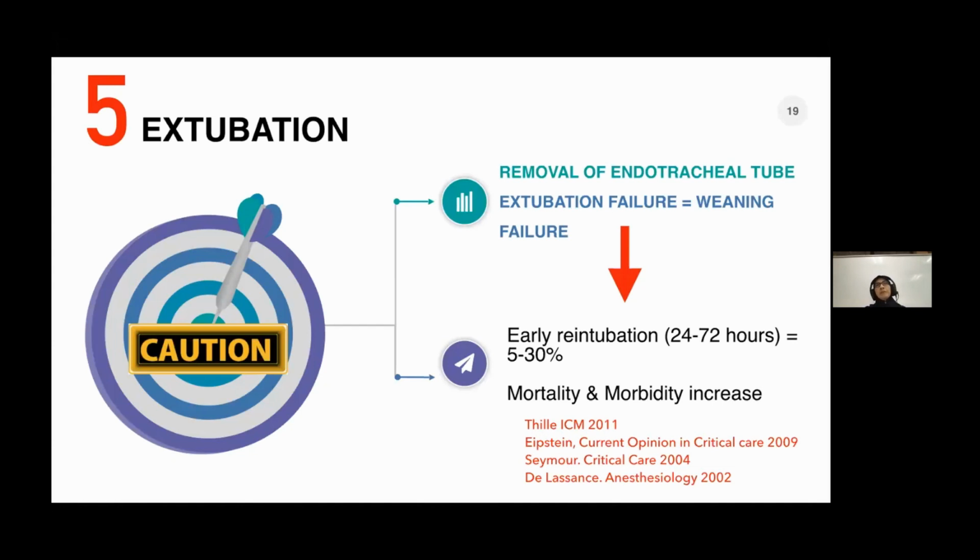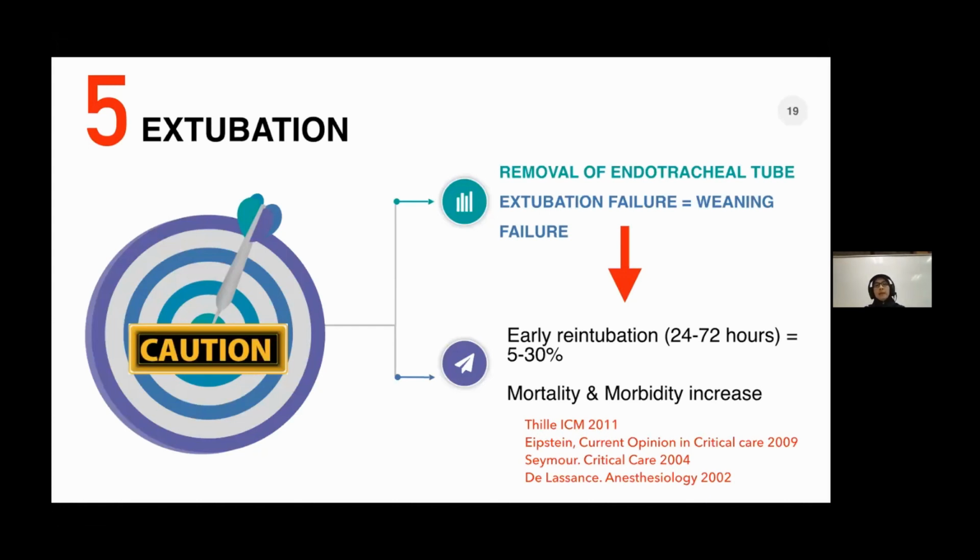So most of the time we extubate the patient here in ED, but the re-intubation occurs in ICU. So most of the time we do not know that we actually caused this failure of weaning, because we never call ICU, we never follow up the patient. So we do not know that the patient already goes into the 6th stage of failed weaning, which is re-intubation. So please follow up your patient if you're already doing weaning in ED, to know the progress of the patient in ICU if the patient has been admitted.